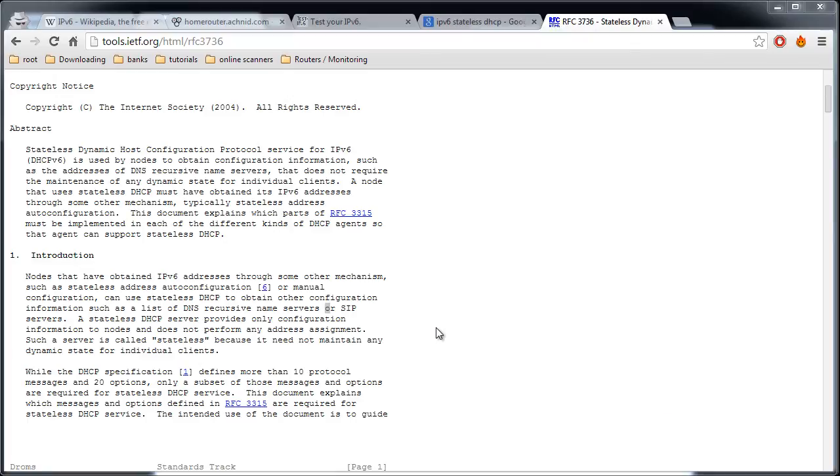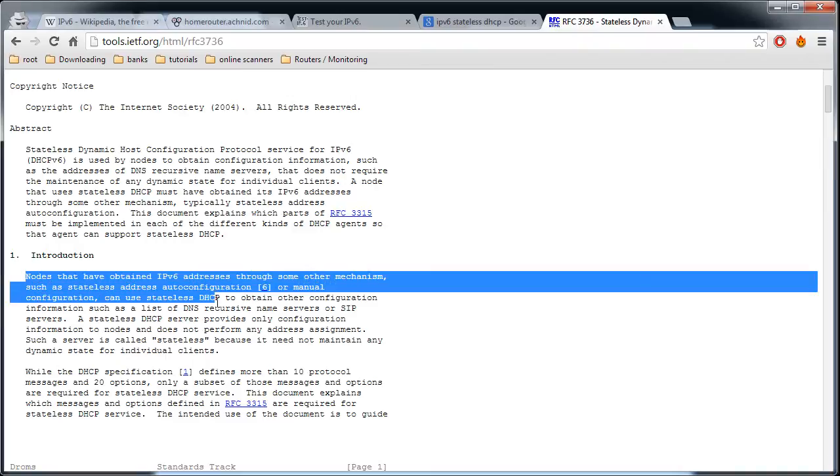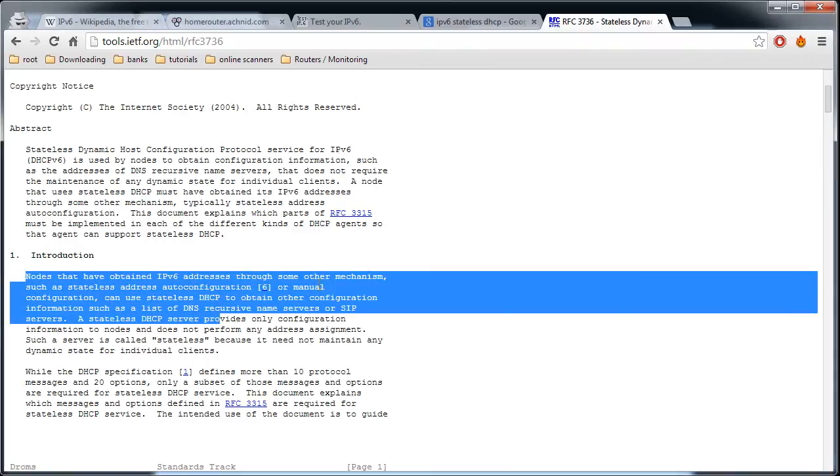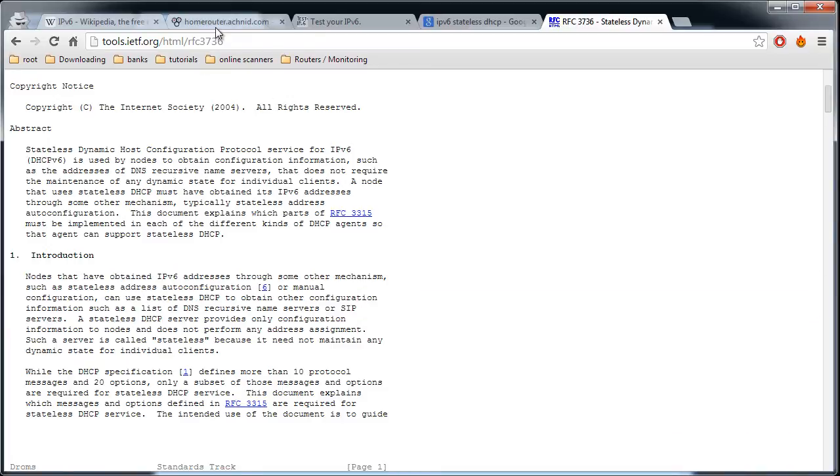Okay, quickly did a search, and the best description I could find was through the actual RFC page, RFC 3736. It says right here, nodes that have obtained IPv6 addresses through some other mechanism such as Stateless Address Autoconfiguration or manual configuration can use Stateless DHCP to obtain other configuration information such as a list of DNS recursive name servers or SIP servers. So basically what that means is